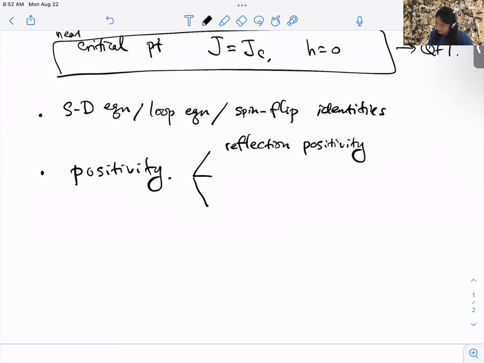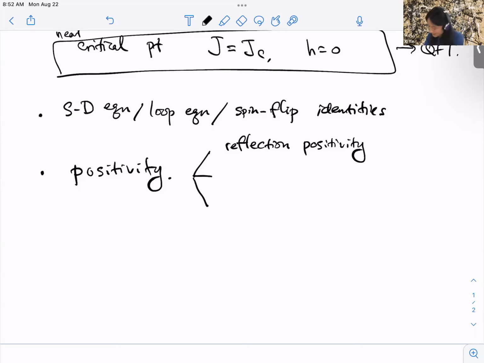So these reflection positivity conditions are, I would say, the kind of positivity condition of lattice theories that has the most straightforward analog to continuum quantum field theory. Even though I should point out that, of course, on the lattice, because you don't have the full Euclidean symmetry, you cannot reflect in any direction you want. There are only a few directions you can reflect in, but that seems to be good enough in our experience.